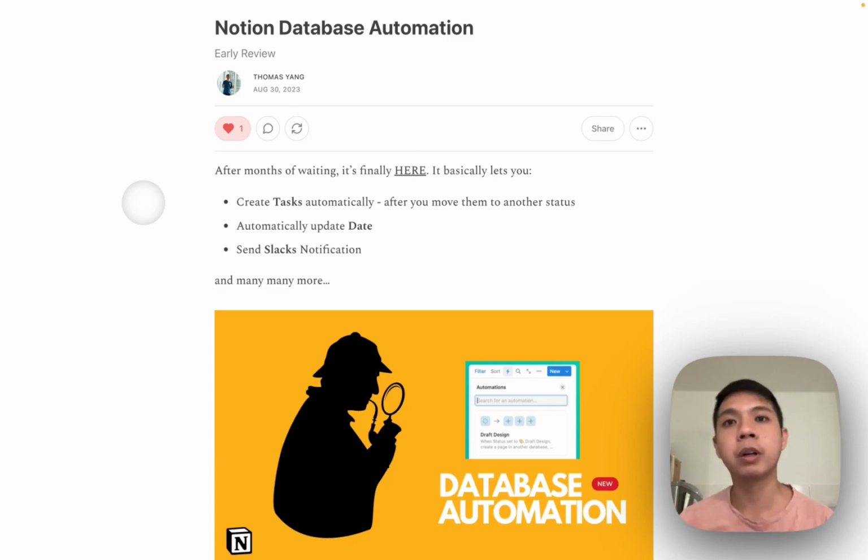Mind you that it's still very early, but I just want to showcase how I actually integrate it into my current client's workflow, and some of the quirks that I found. I've written this article here about some of the things that I noticed. If you would like to read it, you can find the description below. But if not, we can go through this video and I'll show you some of the things that